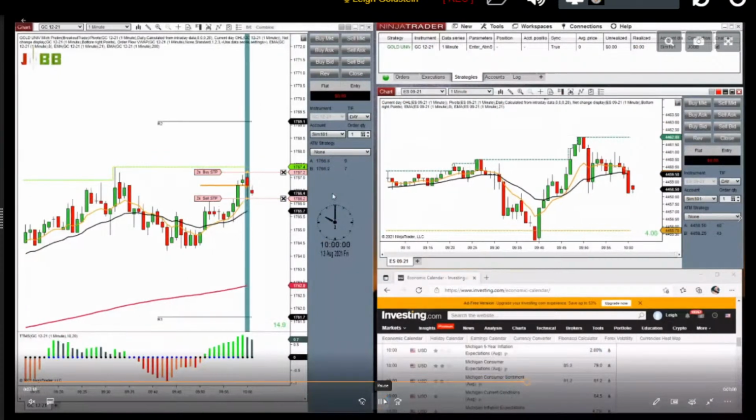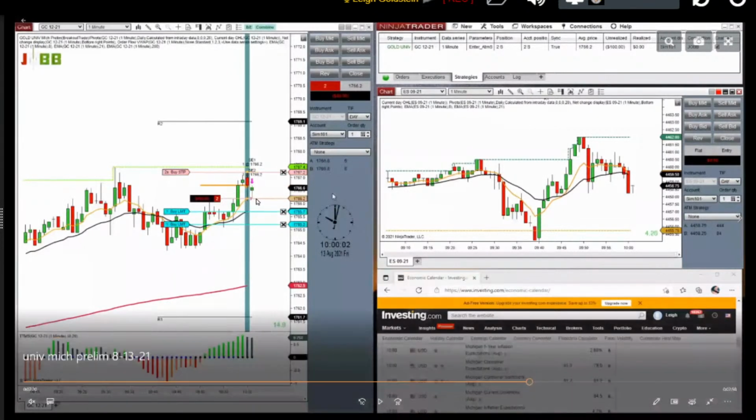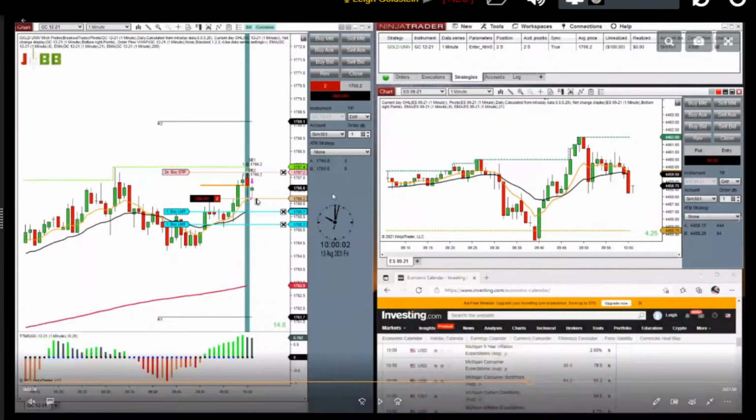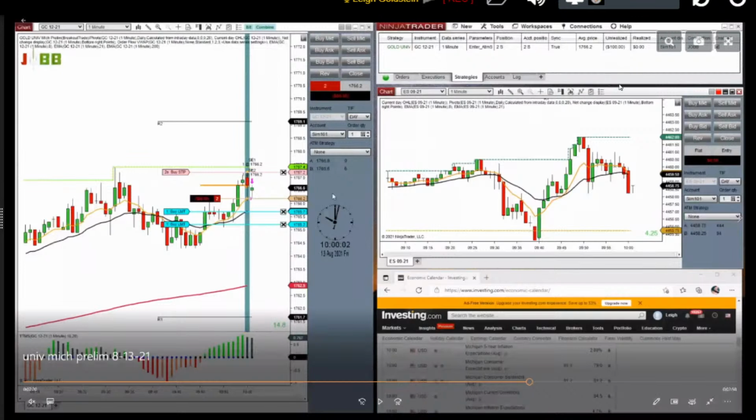But let's watch exactly what happened with the setup that we got. The news came out and it filled us exactly using a 5 bracket. In other words, it didn't go past the 5 ticks, so that if you had a 7-tick bracket on University of Michigan, you would have had an awesome winning trade.